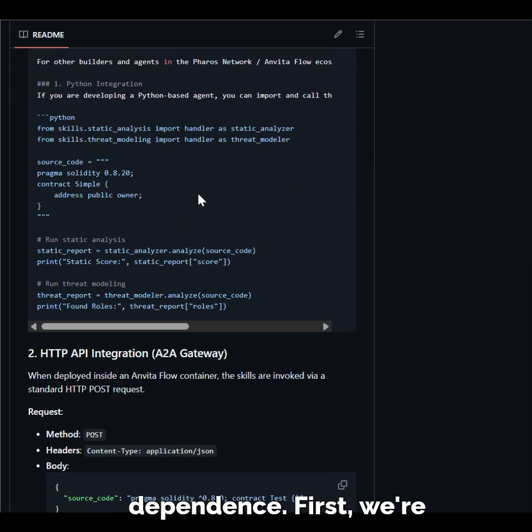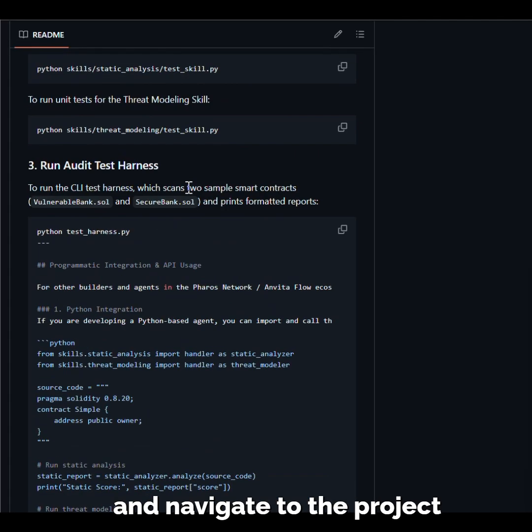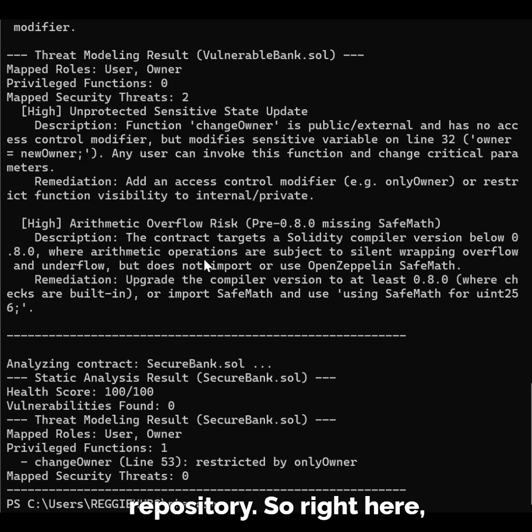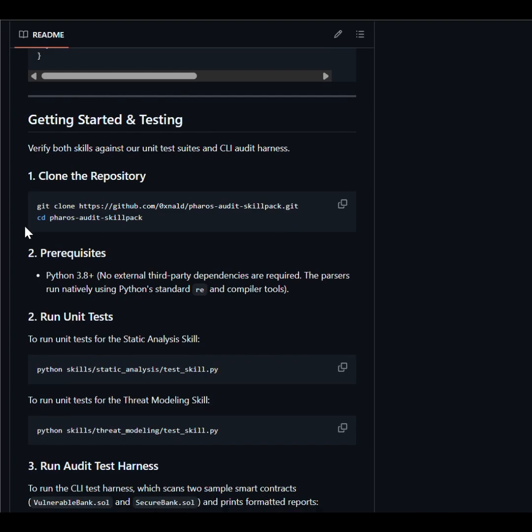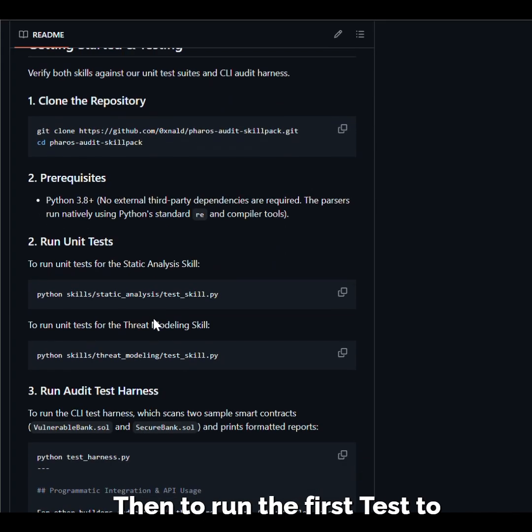First, we're going to clone the repository and navigate to the project directory. So right here, I've actually already cloned the repository. So all you need to do is simply clone the repository and then change to the skill pack. Then to run the first test to test the skill,